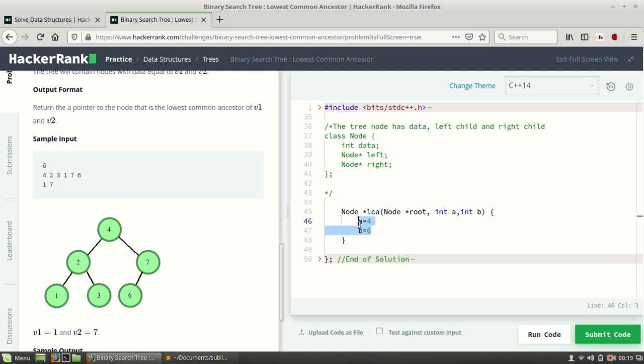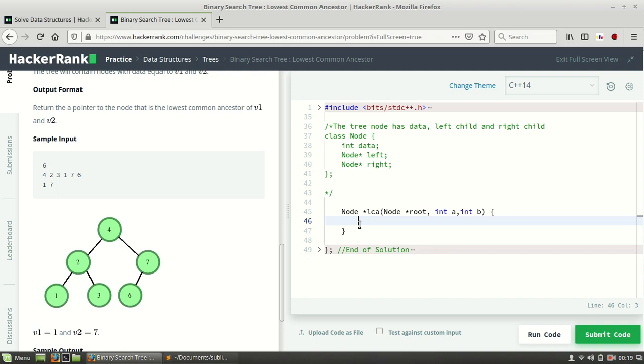So what our code will be like is this. I will code in C++, but the logic will be the same in all languages. Okay, so as I have told, suppose in this case a is equal to 7 and b is equal to 1, or a is equal to 1 and b is equal to 7.